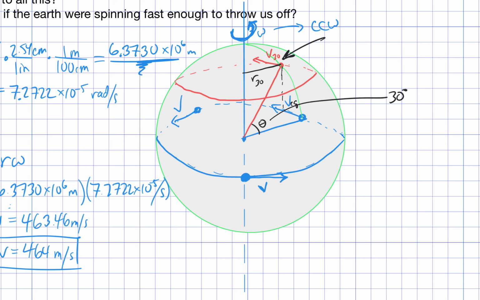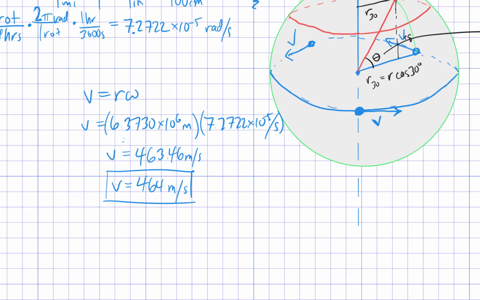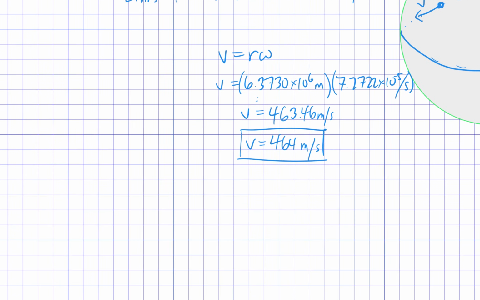And so if you look at the picture, you can kind of understand that it's going to be r times the cosine of 30 degrees, which means essentially that we can take the old answer and just multiply by the cosine of 30 degrees. So we can do that same equation we just did, V equals R omega, where the R in this case is that initial number,